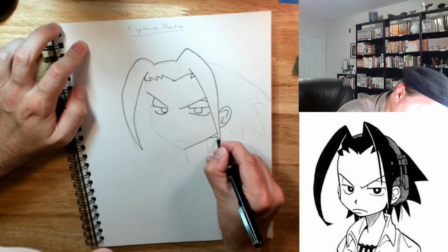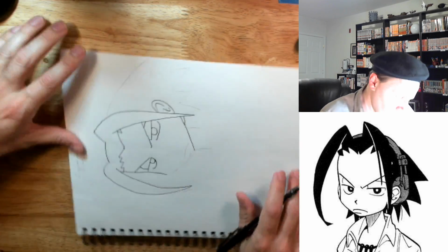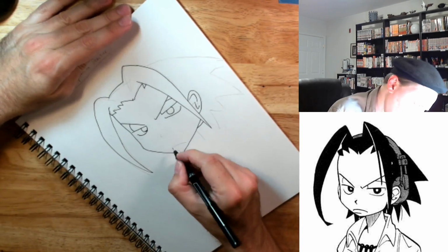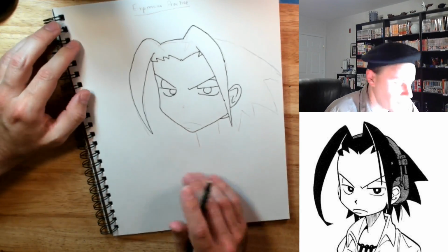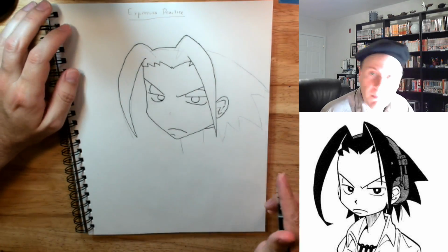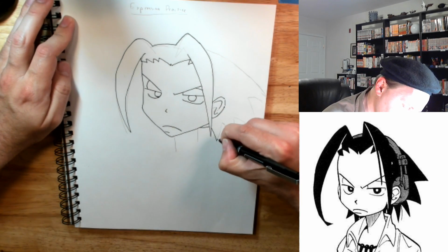Again, I do find that kind of significant to getting the feel of it right. There's more of a curvature to his frown. I think is it a little further up? A little further up than that. Okay. Give him his little cute little nose. All right, that's getting somewhere. We'll give him his